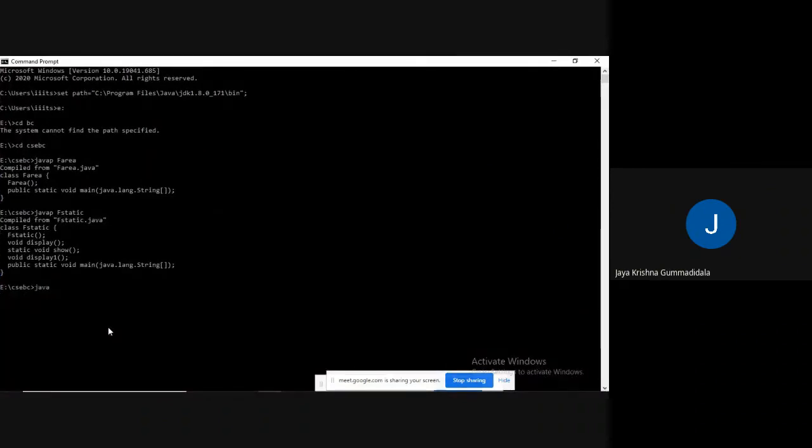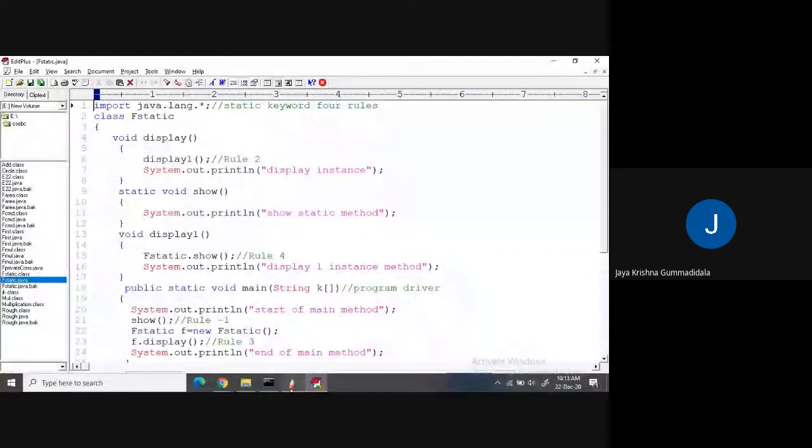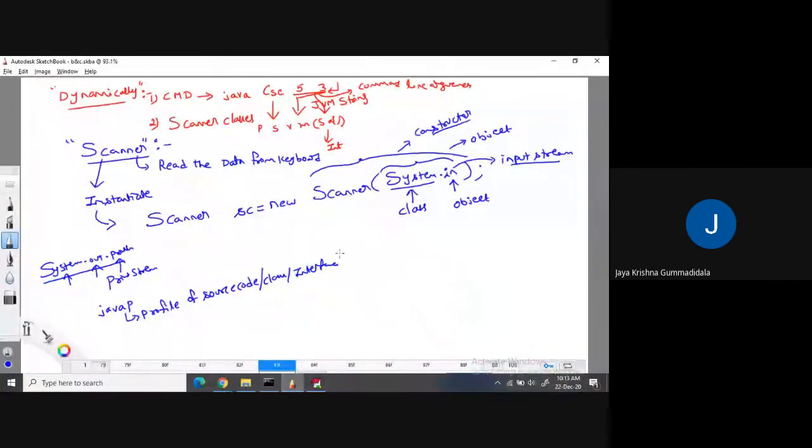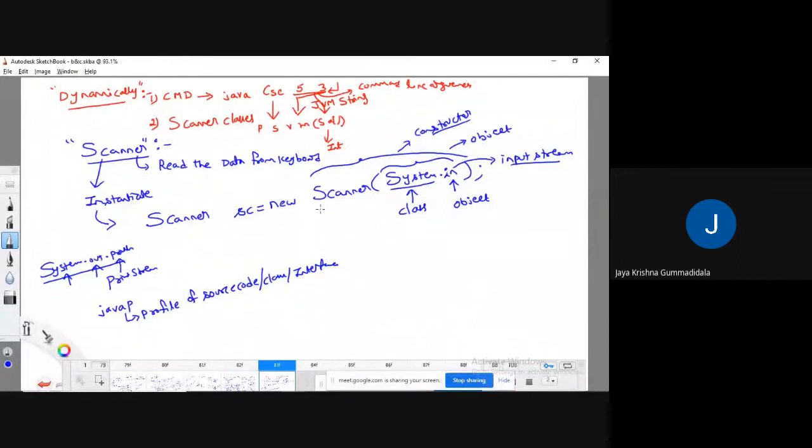Similarly, if I write java p space java dot util dot scanner, what I said here is, this scanner class exists in a package called Java.